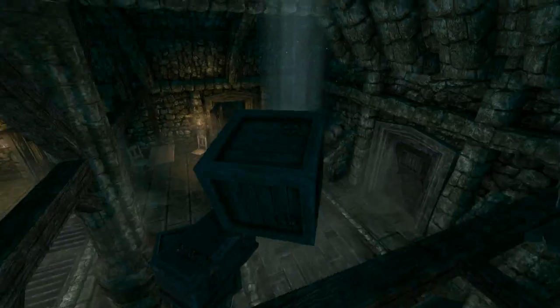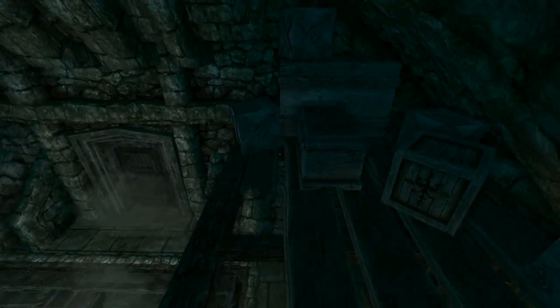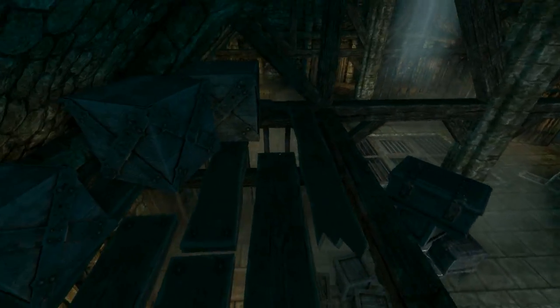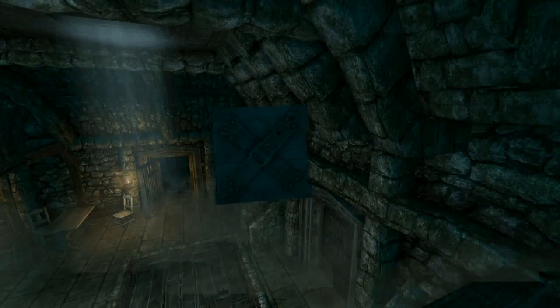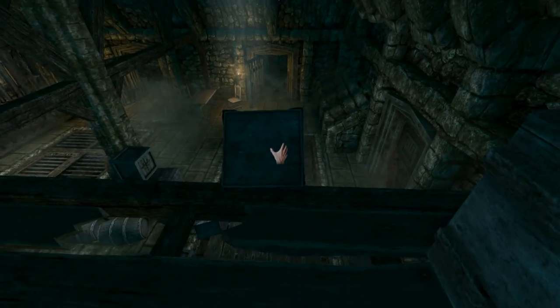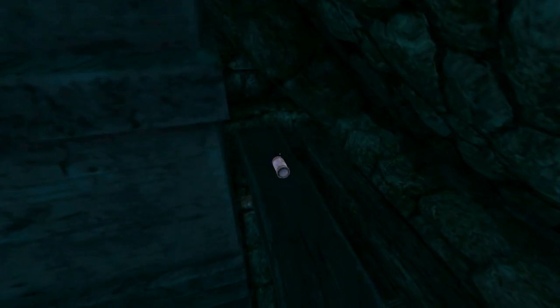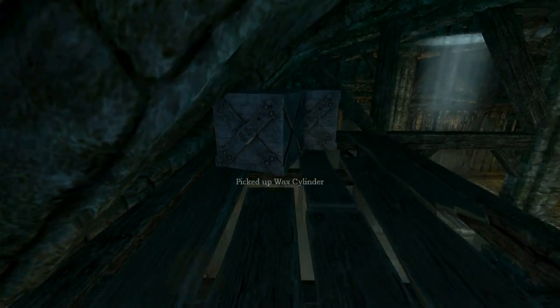And there you are. Next thing you're going to do once you're up here is just start tossing all of the boxes off because you will need them. Don't worry if you knock over your original construction, you're going to have to pull it apart anyway. Get every single small box. Some of them aren't movable, some of them are. Alright, and what you're going to want to grab is this wax cylinder hidden behind the big trunk. Once you have that,